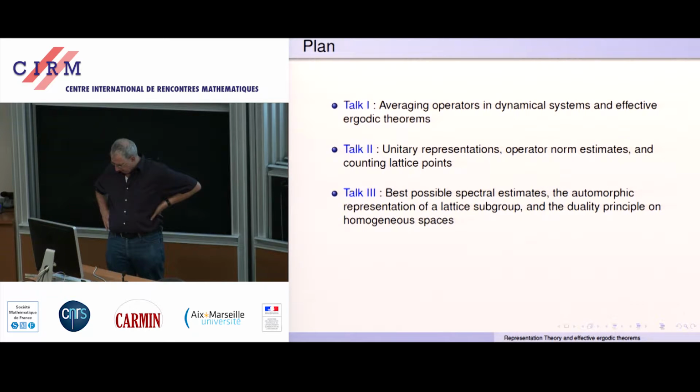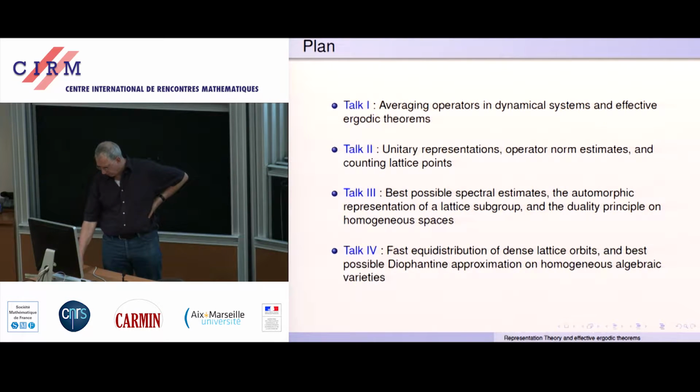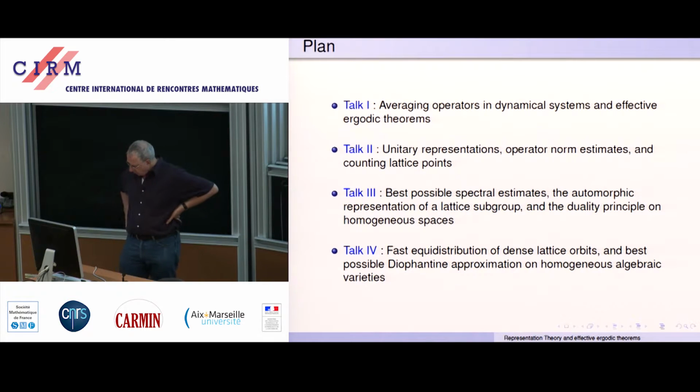And we then talked about the notion of the effective ergodic theorem for Lie groups and the spectral transfer principle. We never got around to the duality principle, but we're going to talk about it today. And in general, we're going to talk about fast equidistribution of dense lattice orbits and best possible Diophantine approximation on